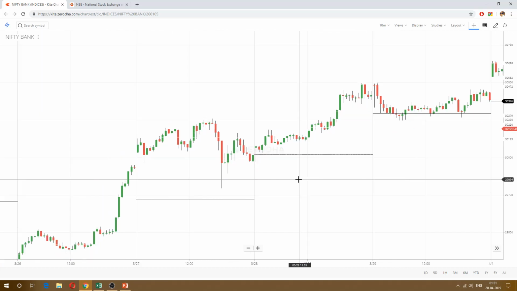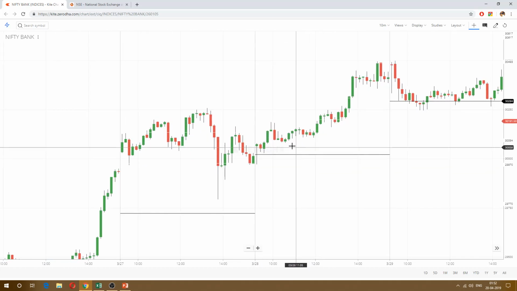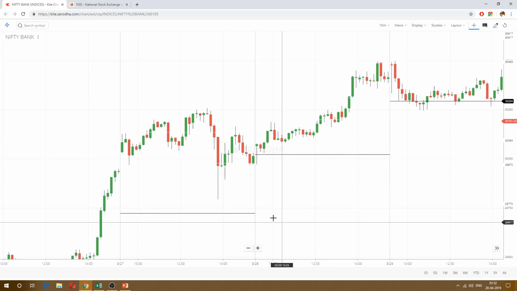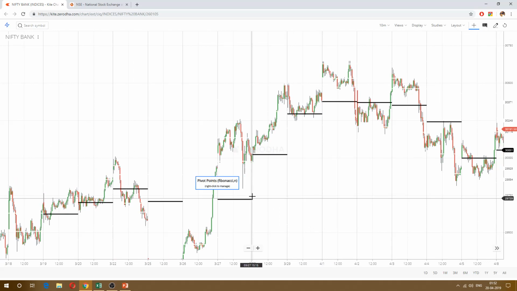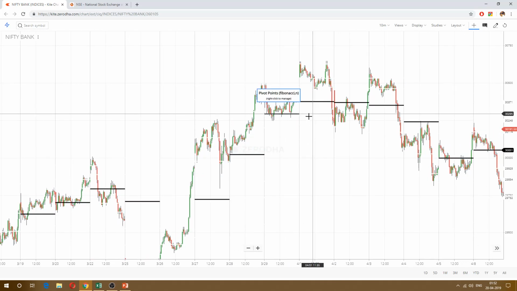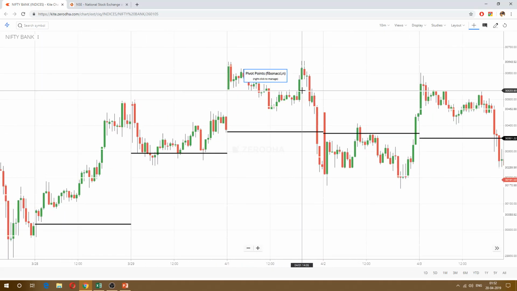So 28th March, see what happened? Price opened here, trending upwards, higher high, higher low, higher high, higher low. See, so in an uptrend, the pivot line will go up, the central pivot line will go up. See what happened here? Uptrend is going,